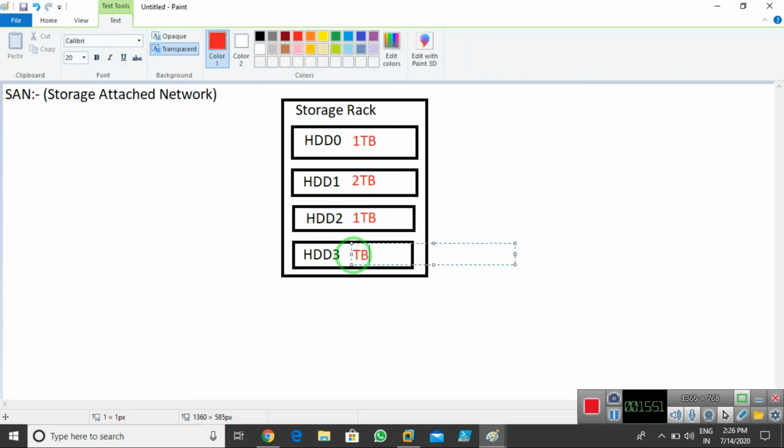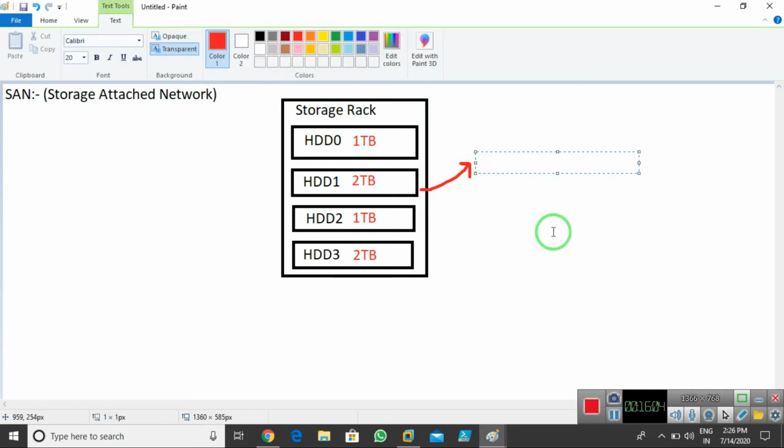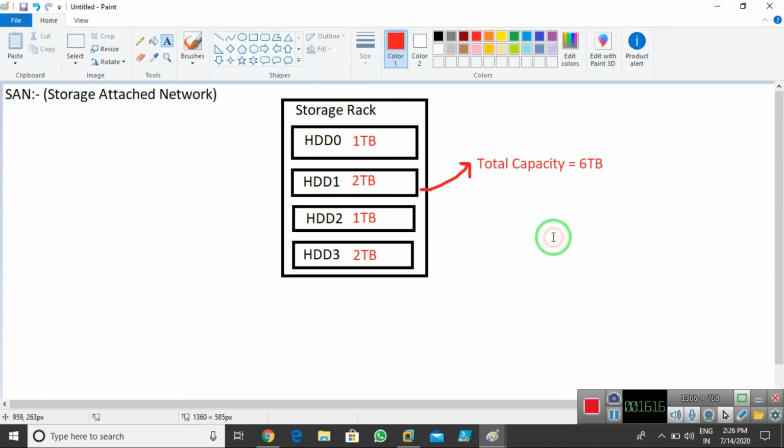Imagine it like this. Now in total how much do we have? Total we have 6 terabytes of capacity in the storage. Total capacity is 6 TB, like this.